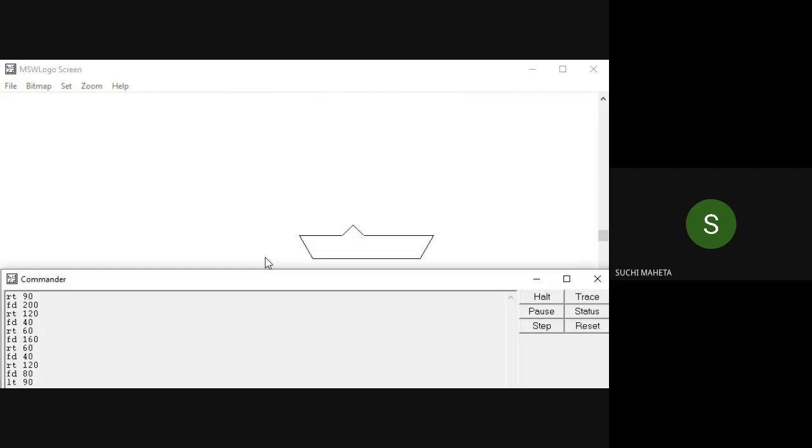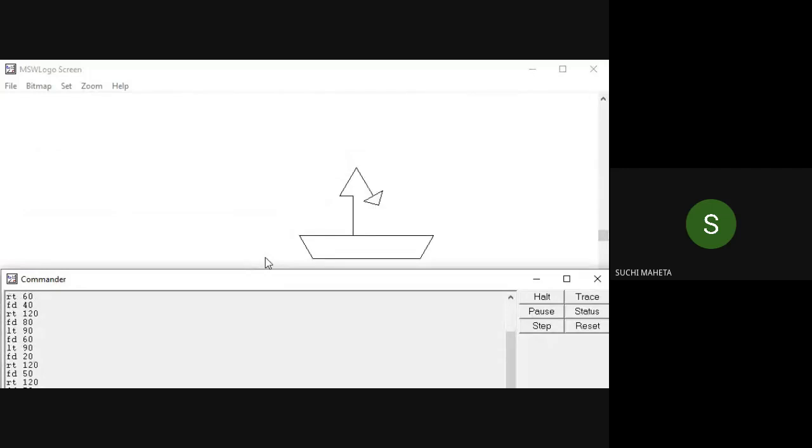LT space 90. FD 60. LT 90. FD 20. RT 50. RT 120.